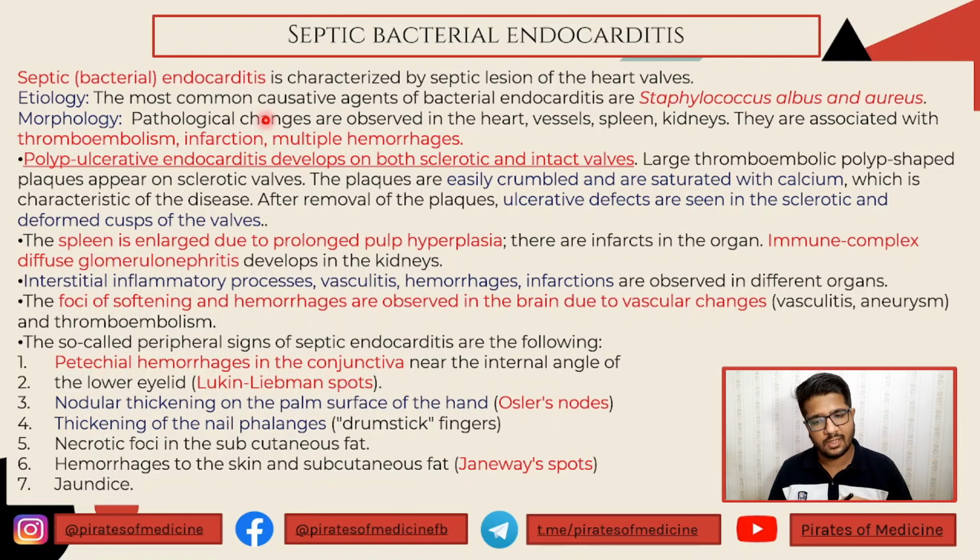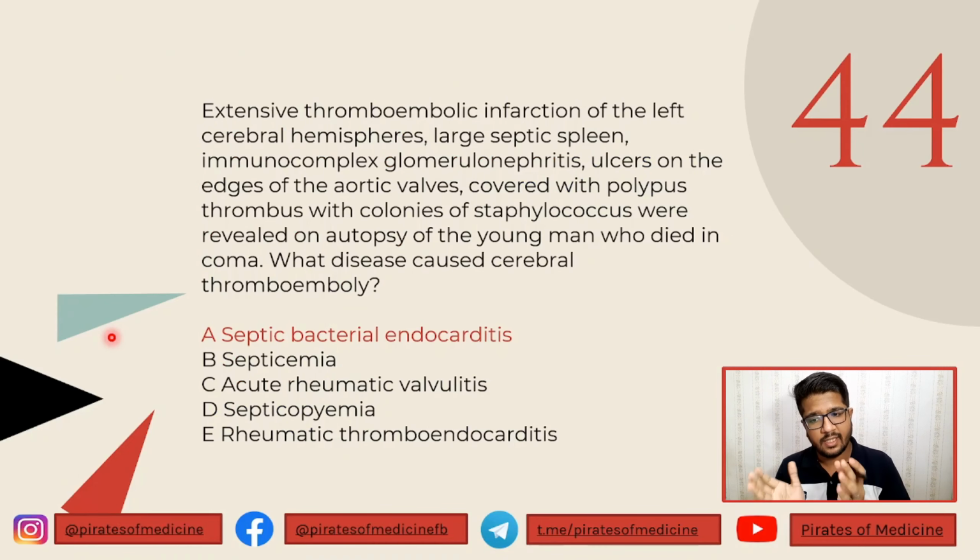If they travel to the lungs, it can cause pulmonary thromboembolism, which leads to death. If they travel to the brain, it causes thromboembolism of the cerebrum, which we saw in our patient. There are also other changes that develop in a person with septic bacterial endocarditis. For example, in the spleen. There are these peripheral signs, but we need to understand that in our patient, all these signs were present, and the man died because a thromboembolus broke from the heart's valves, traveled to the brain, causing infarction, leading to the patient's death.